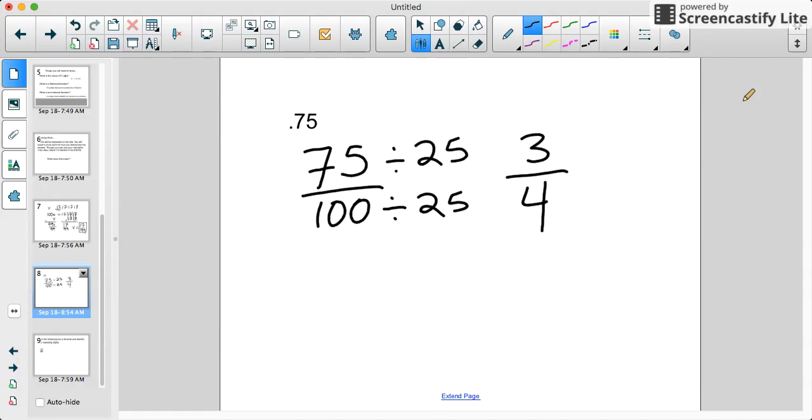For showing work, this would be great. Having just the basics that you had put the 75 over 100, you indicated what you're dividing by. In this case, we divided by 25, and then we got